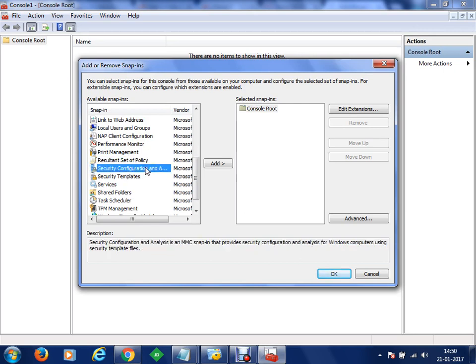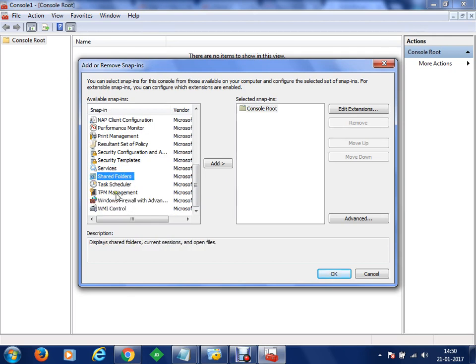We have security configurations, we have random security templates available as well. We can interact with services, we can interact with shared folders, we can schedule tasks, we have the trusted platform module management as well. So this TPM management actually works at the motherboard level.